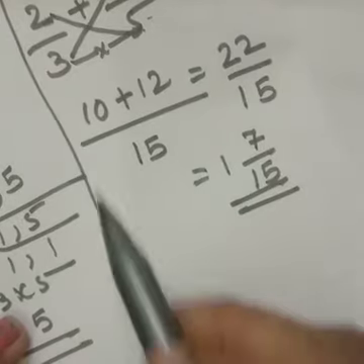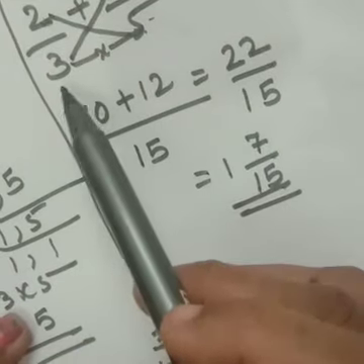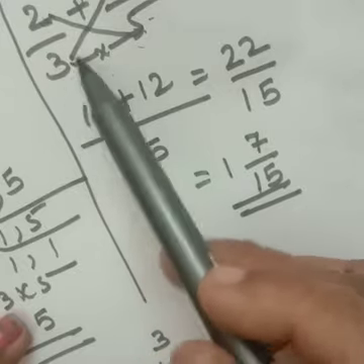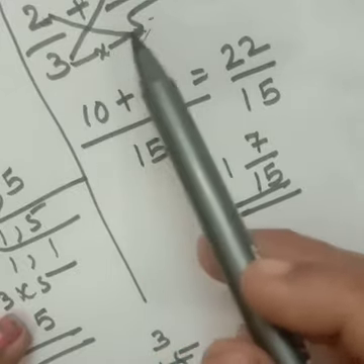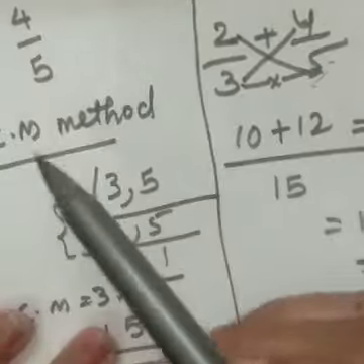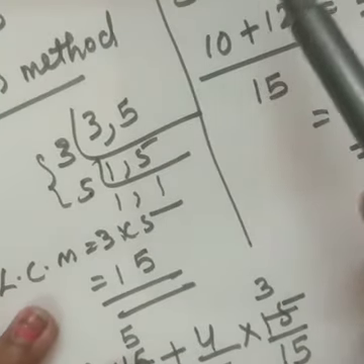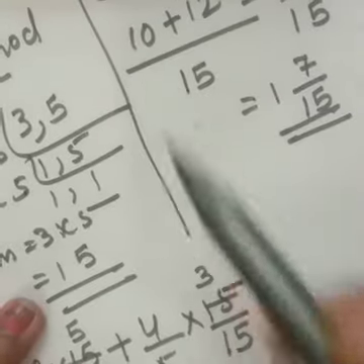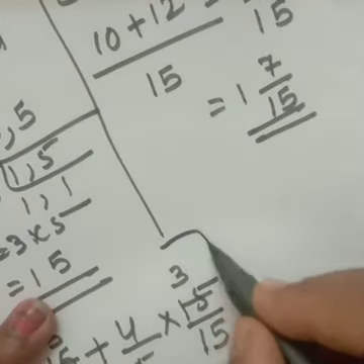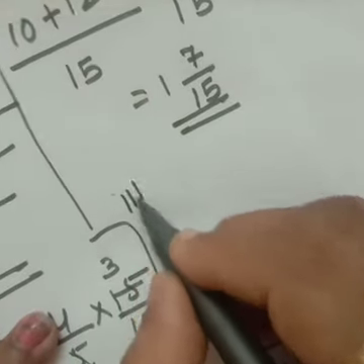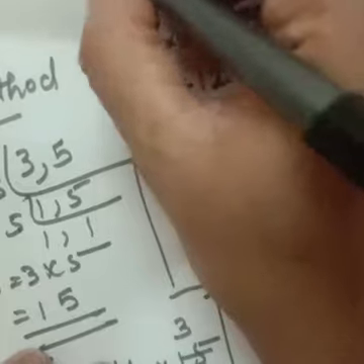Clear? This cross multiplication, in most cases I am doing cross multiplication only, but when the numerator and denominator are bigger numbers, then you use the LCM method. Okay, for other small numbers you can use the cross multiplication method. Other one, same. See, next method is the third one. This was cross multiplication, second.